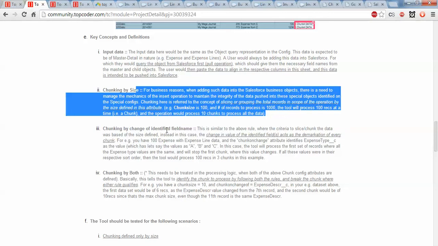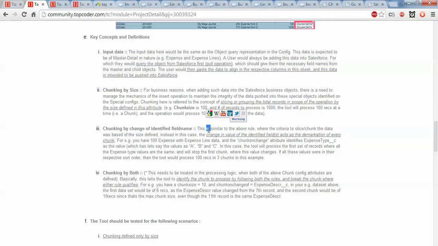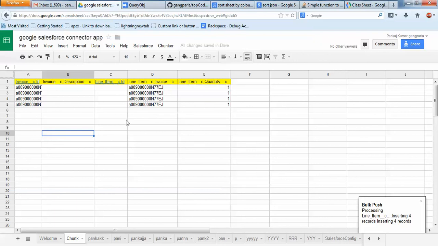Now the third one, which was part of the fifth requirement, is chunk by changing field values. If you give a field name, then based on the field values we can chunk. So let me show you.